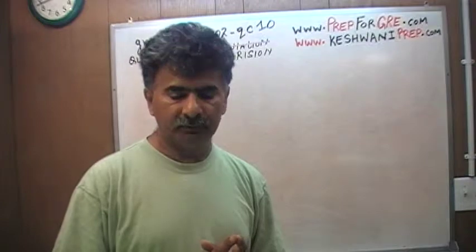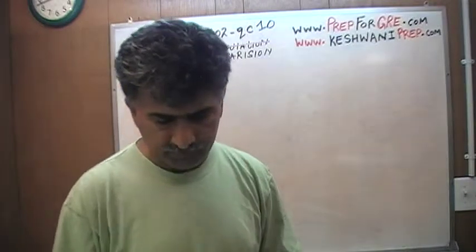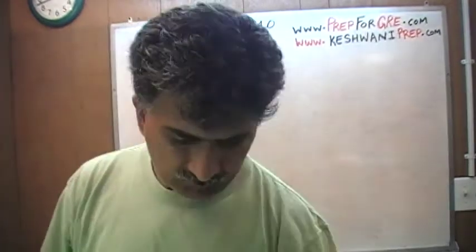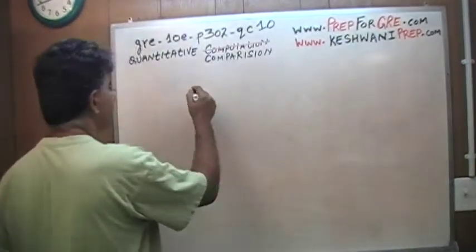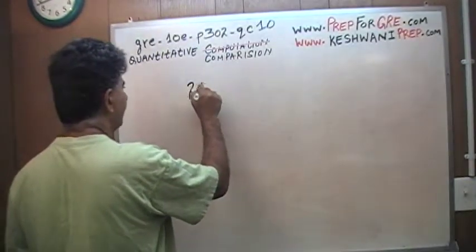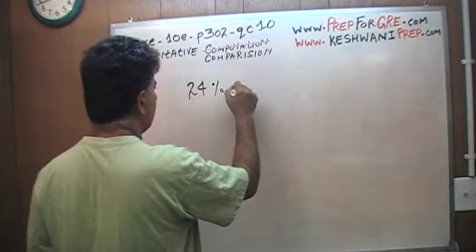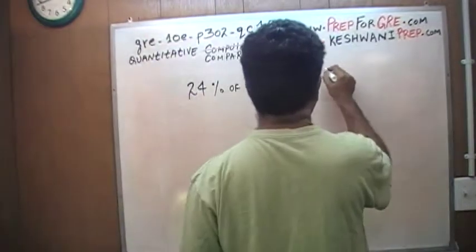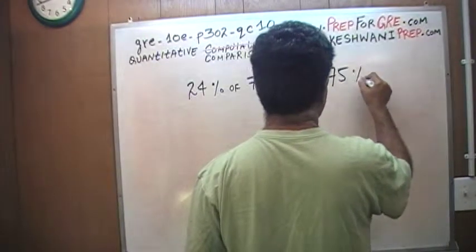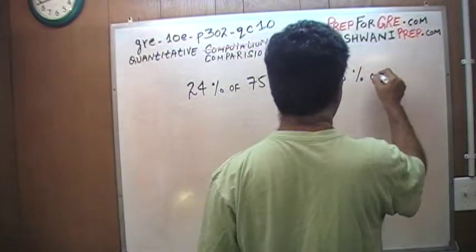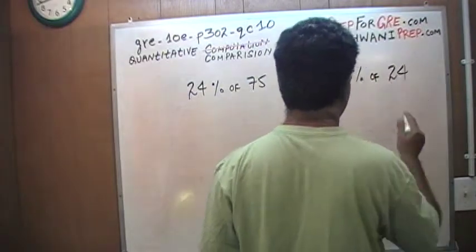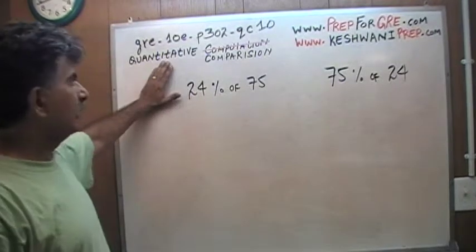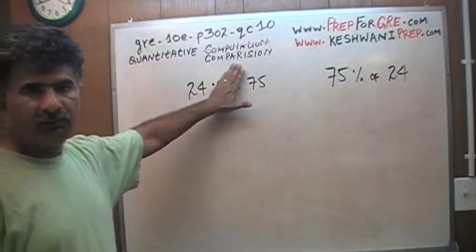64% of people got this question right. The majority of the people had no trouble with it. Let's take a look at it. They want you to compare 24% of 75 and 75% of 24. Now again, as I always remind you, these questions are called quantitative comparison,